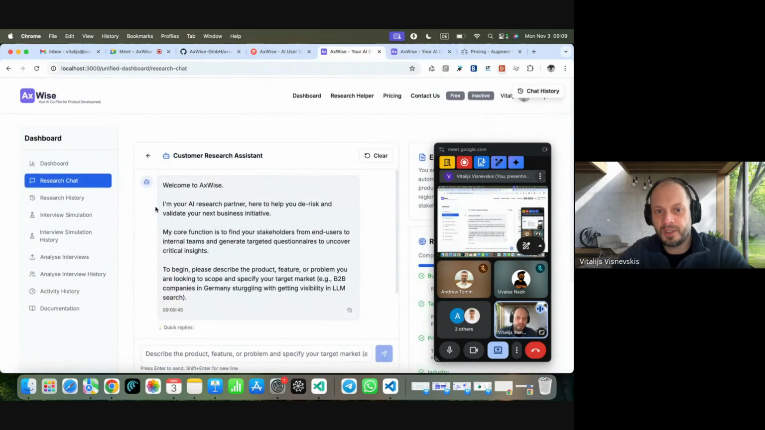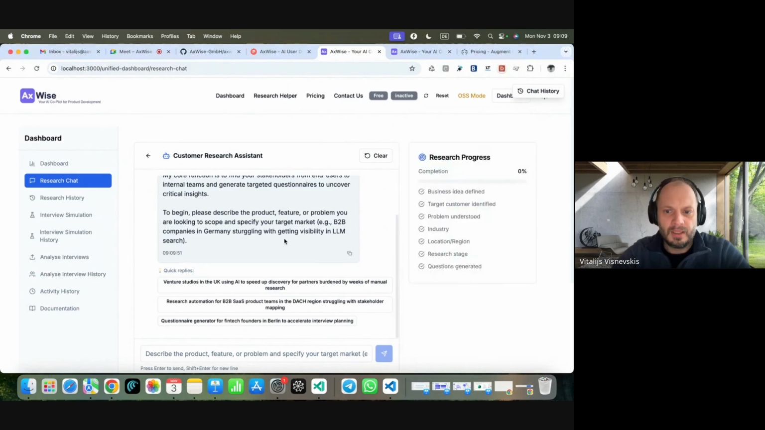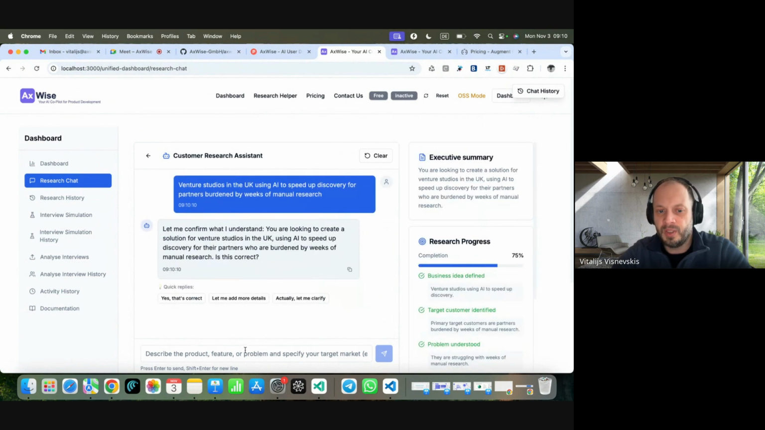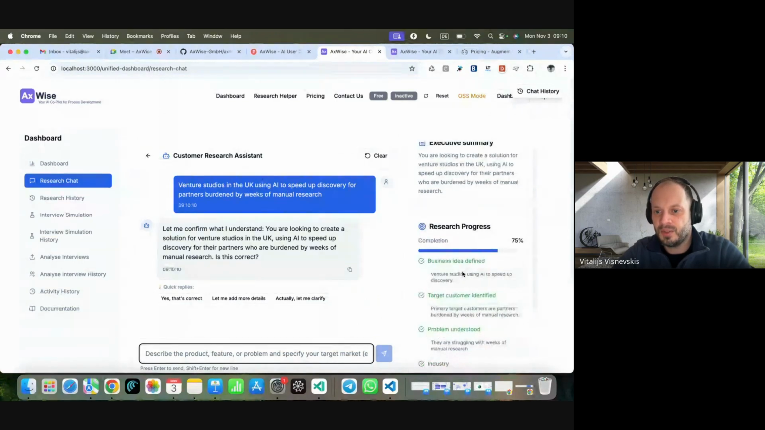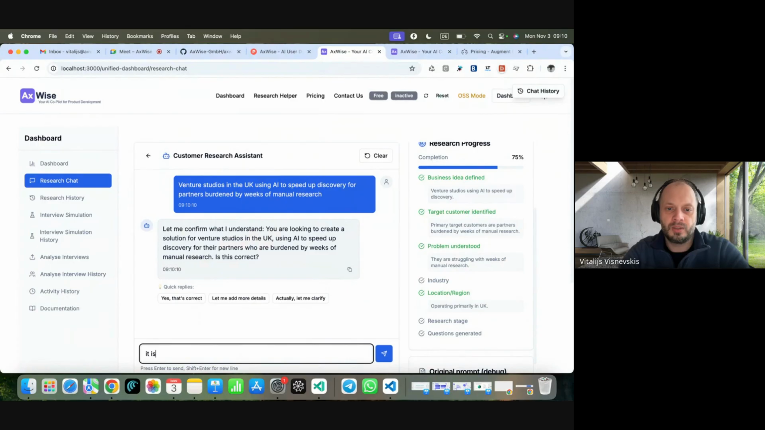So we have a research chat. At the first step, it asks you to provide some kind of context, and it provides some quite quick replies to understand what you want to research, what you want to build the context for. Let's say it's venture studios in the UK using AI to speed up discovery for partners burdened by weeks of manual research. Is this correct? Yes, kind of. There is an executive summary, research progress, but it is for venture studios that are